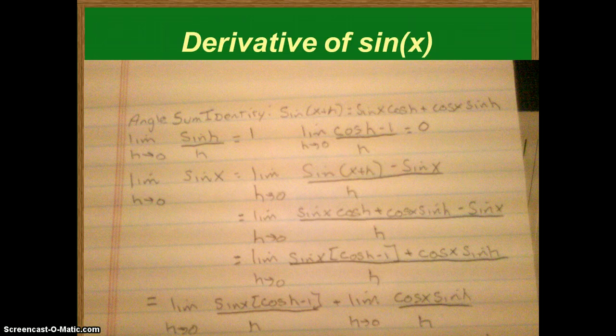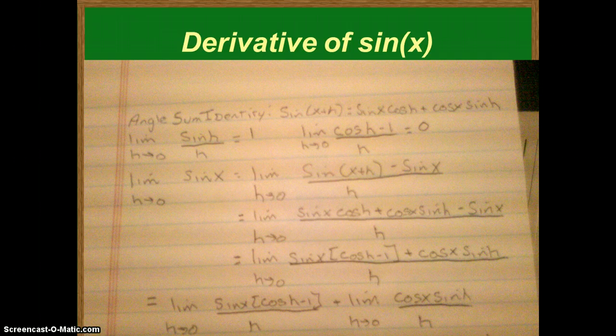Let's take the limit of the sine of x and express it as the formal definition of our derivative. So the limit of the sine of x plus h minus the sine of x, all over h as h goes to 0, would equal the derivative of the sine of x according to the formal definition. We can do some algebraic manipulation of this by just simply using the angle sum identity,